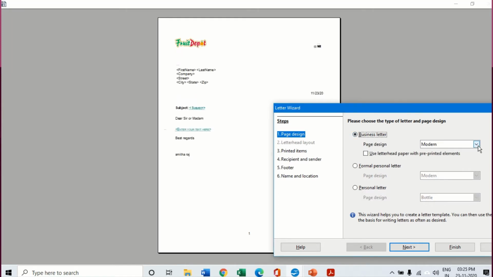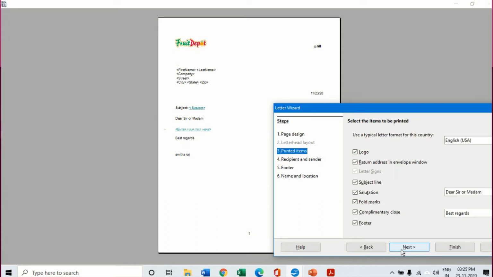Now in a business letter, here we have got three different ones. See, elegant. So here it is slightly different, the font changes. There is something called modern, and also here we can look at the office one. Suppose this is from an office, so we go by a normal one. Let's take modern. Now I click on the next option.